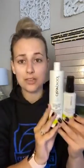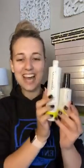And I have been really consistent putting on this toner, and whenever I use the toner, I usually use the Pore Purifying Serum. This is just because I'm an acne prone girl. If you're not acne prone, this is not your thing. If you are, these are great add-ons. So if I'm doing this, I do these two together,